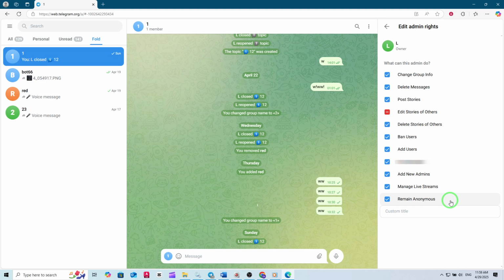And that's it. By following these steps, you've successfully restricted the group owner, yourself, from editing stories on Telegram web. This feature can be useful if you want to ensure that stories remain untouched after posting, or if you're setting up a group with strict content policies. Remember, Telegram is always updating its features, so keeping an eye on new permissions can help you maintain the level of control you want in your